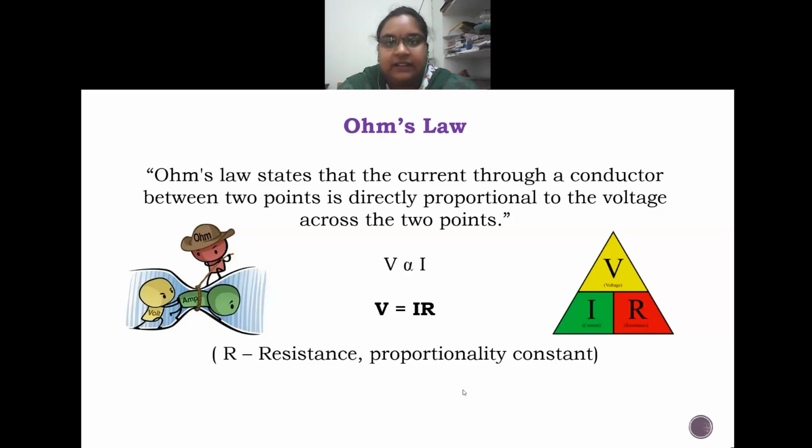Ohm's law states that the current through a conductor between 2 points is directly proportional to the voltage across the 2 points. So it's saying the amount of current flowing in a conductor will be directly proportional to the voltage across those 2 points. That means if the voltage is greater between those 2 points, then there will be more current flowing